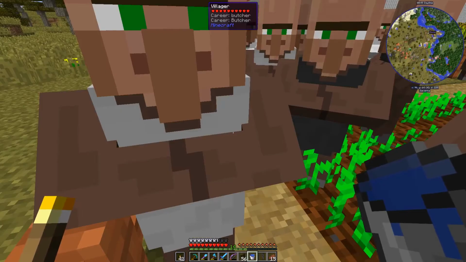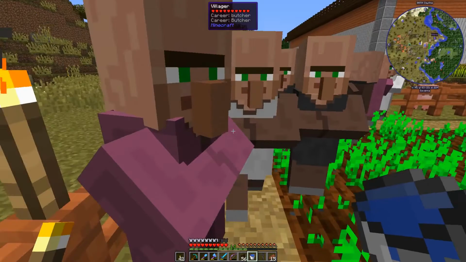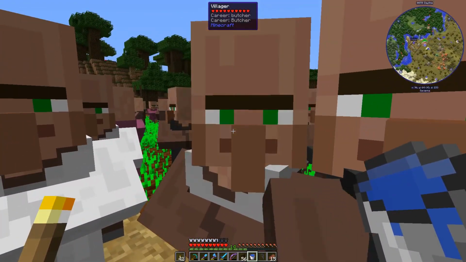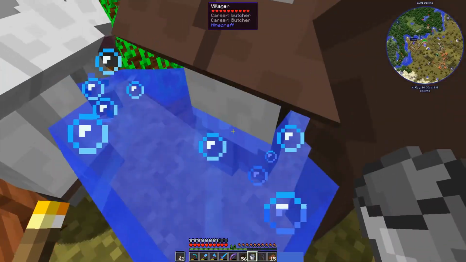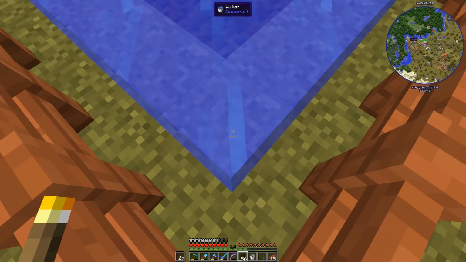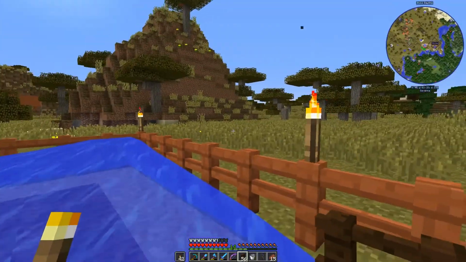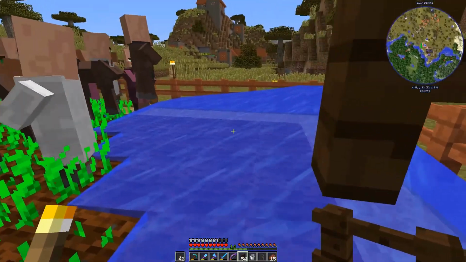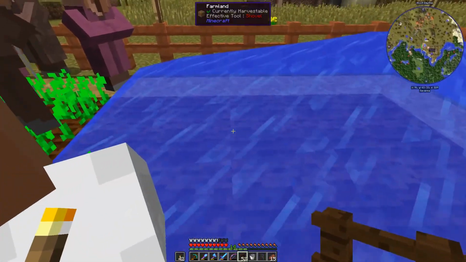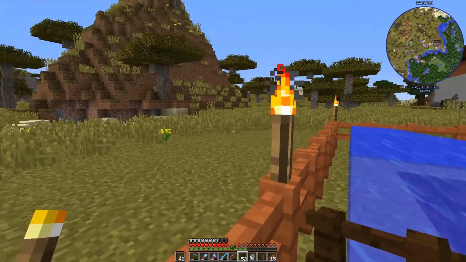Alright. I have had enough of pushing these guys around. I wanted to try it a different way. Might be a little easier. I wanted to try and see if I could use water. So if I put water here, it is going to wash the crops, but also going to wash the villagers. So if I fence off this area with